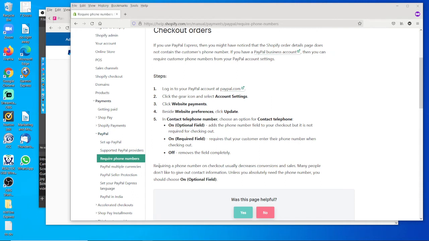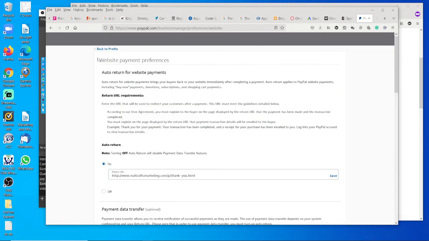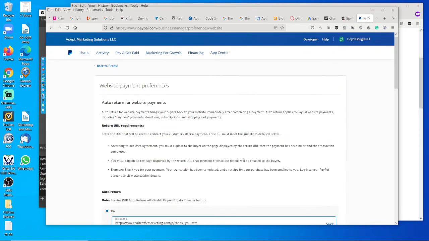They're telling you that if you require a phone number, it can decrease sales and conversions, but if you need to get in touch with the people, then it's something that you need to turn on. And so you go into website payment preferences,